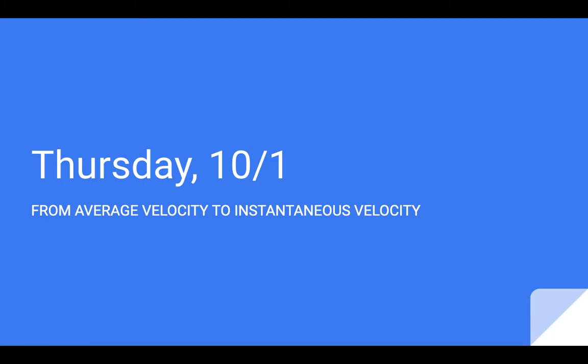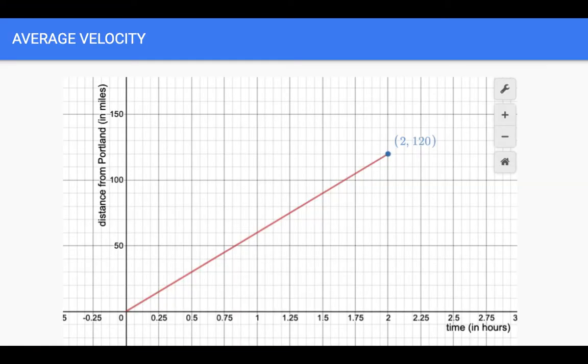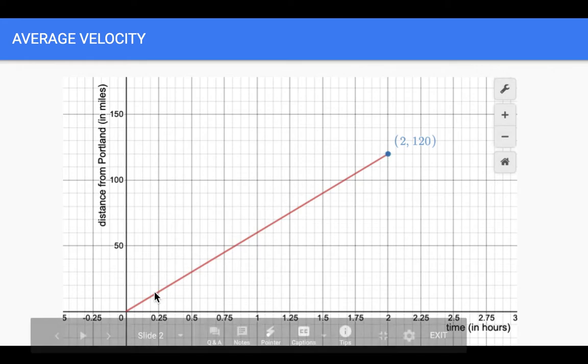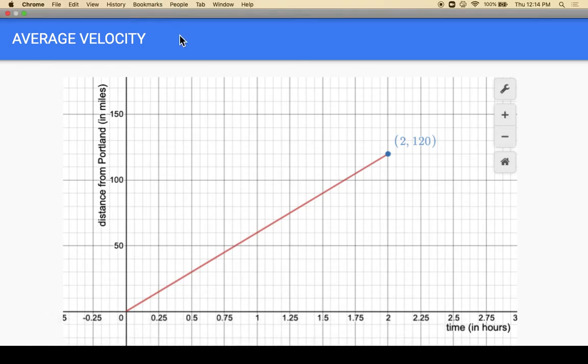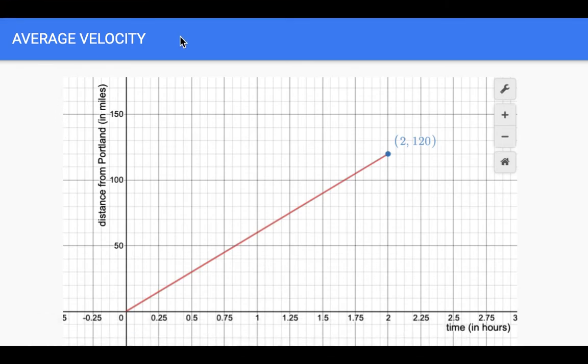Last class on Wednesday, we did a little work about computing average velocity, and we talked about this trip to Boston. Imagine this graph is a position graph, or position function, and it starts on the left at time zero and position zero. So I start from my house and I'm driving to Boston. This is kind of unrealistic, but I'm already driving down the highway at the starting time, and when I get to Boston, I pass a certain spot 120